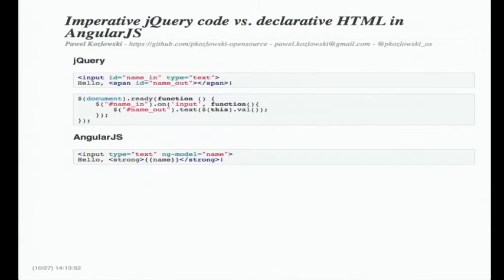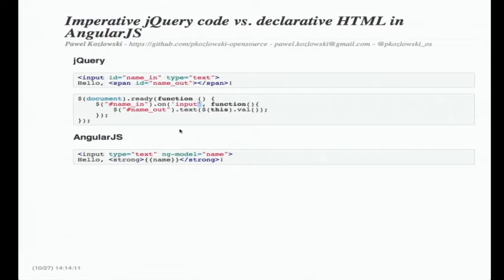So once again, if we put side by side the approach of jQuery, this is this declarative part, right, where we describe our UI. But there's this very imperative, low-level by-hand part.